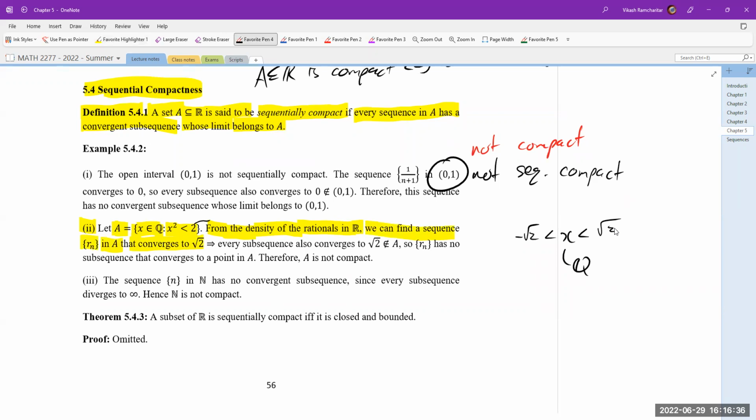Because remember that the derived set of Q, the set of all limit points of the rational numbers, is R. So every real number is a limit point of Q. That means, and what do we know about limit points? If x is a limit point of